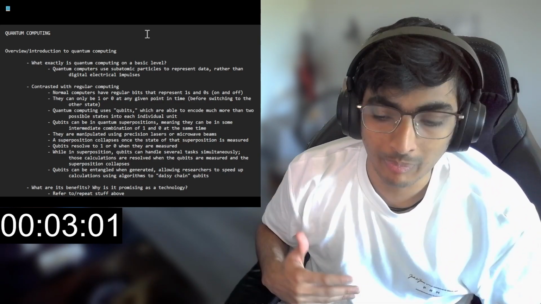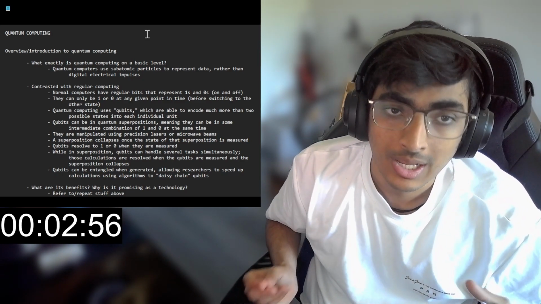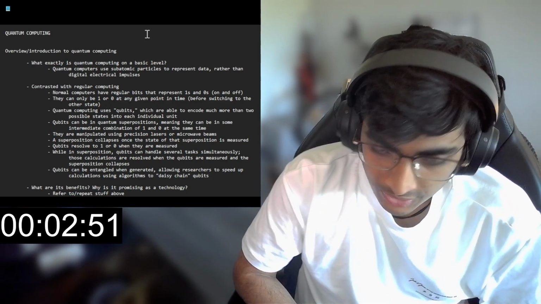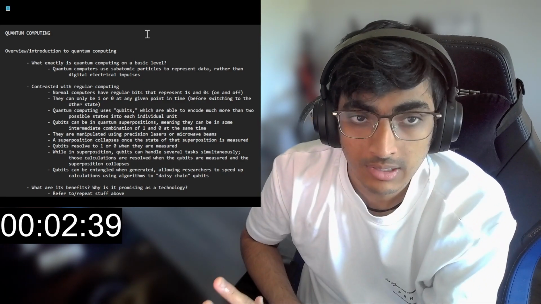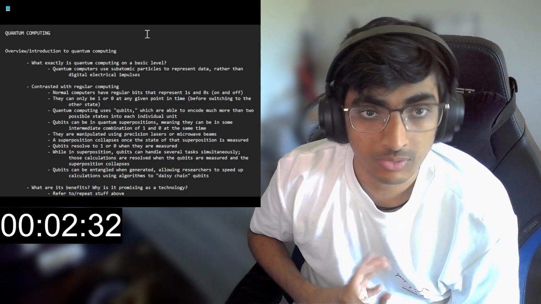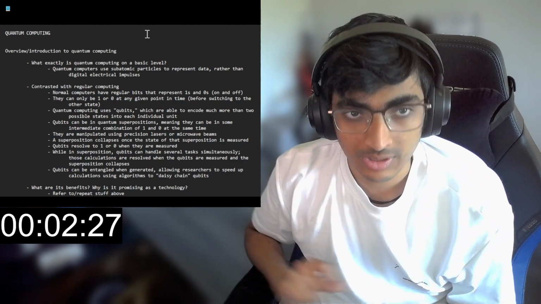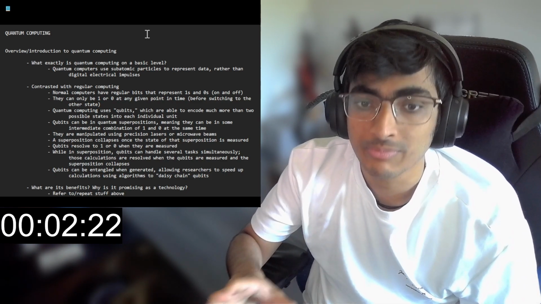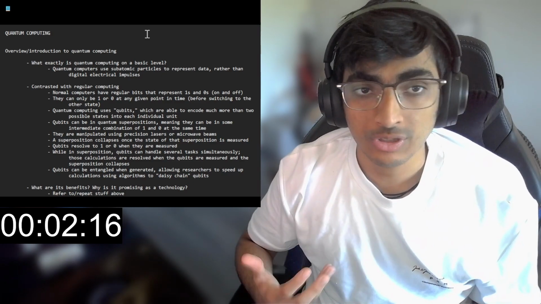So those qubits, by virtue of the fact that they can be in a hybrid state, can encode much more information at one time being in a superposition than a regular bit would be able to. So if we compare it to regular bits, qubits might be, for example, 70% 1 and 30% 0 at any given point in time. And researchers using quantum computers can manipulate these qubits, change their superpositions using hyper specific precision lasers or microwave beams.